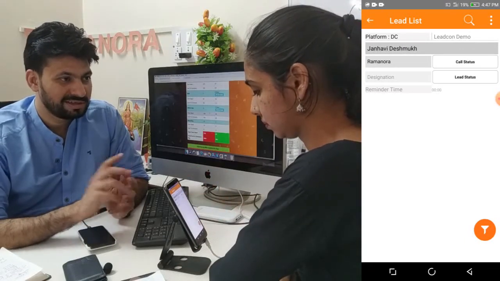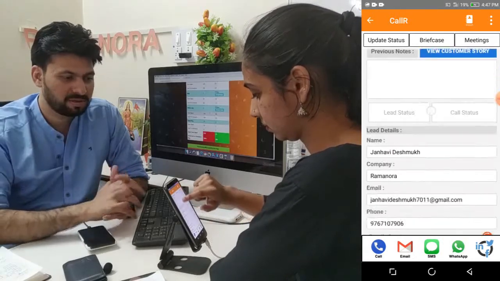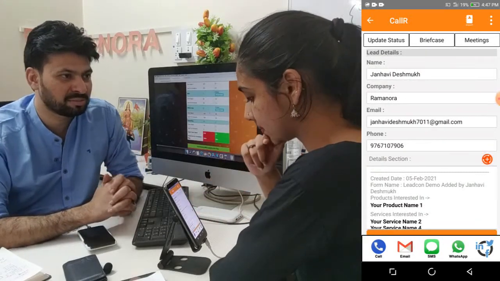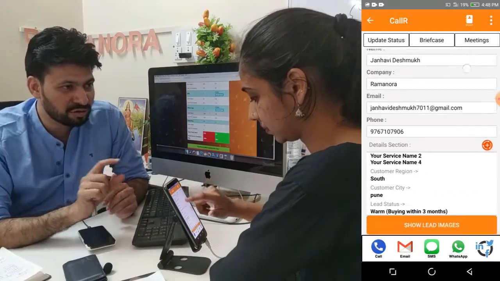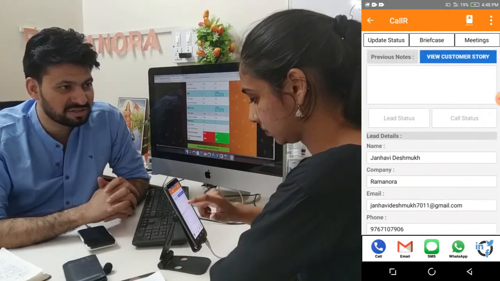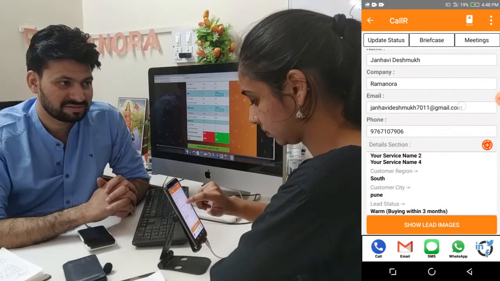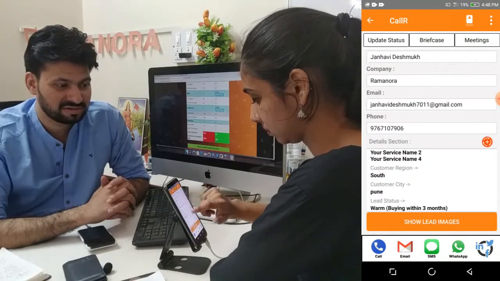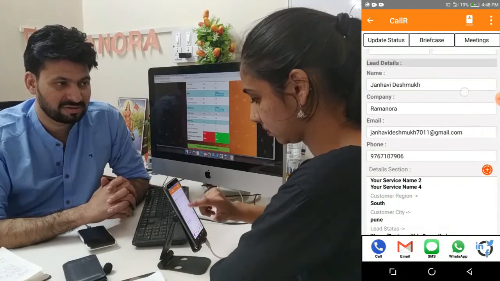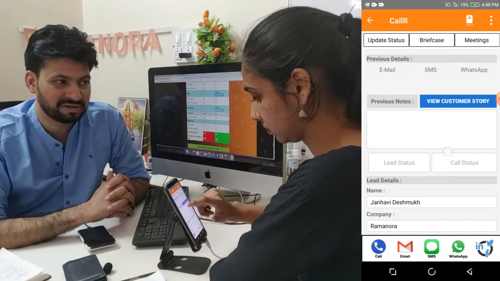Now if you scroll up, you can see all your details, the name, number, email ID. These are basically the lead details. If you scroll up further, there is one section at the end which says additional details, at the end of the lead, where you are able to see the form which you just added.